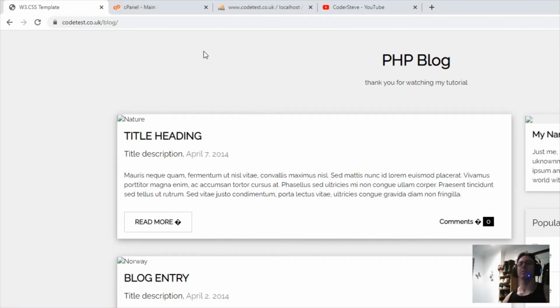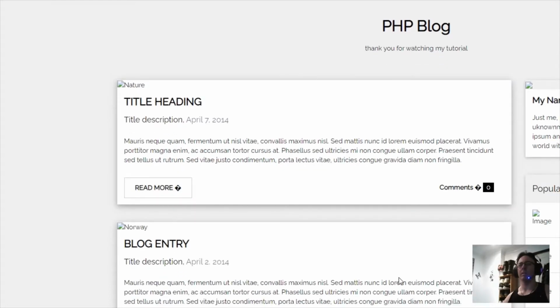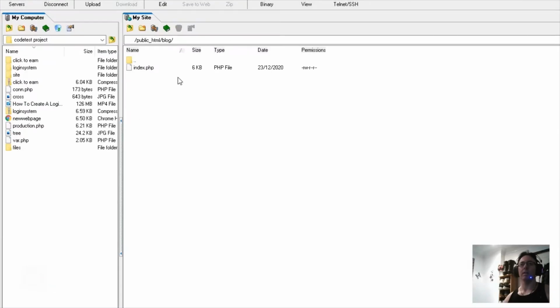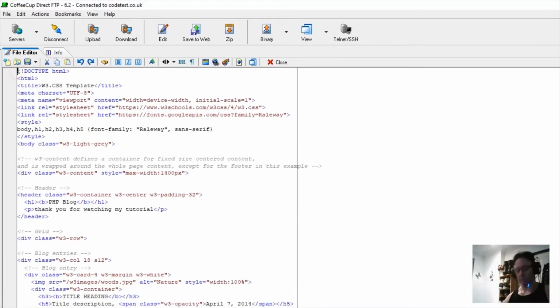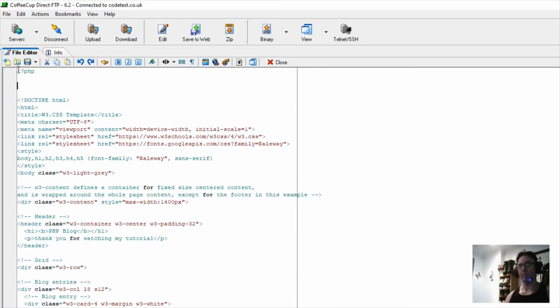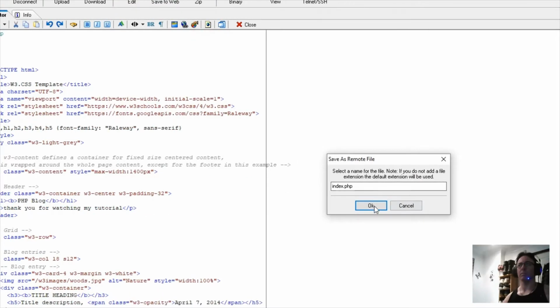You can see it still loads, no problem at all, but now we can use PHP in the file. So if I delete that and re-edit this, I can now put some PHP at the top. You start it by using an opening PHP tag, and then you put an ending PHP tag like so. Save to website,